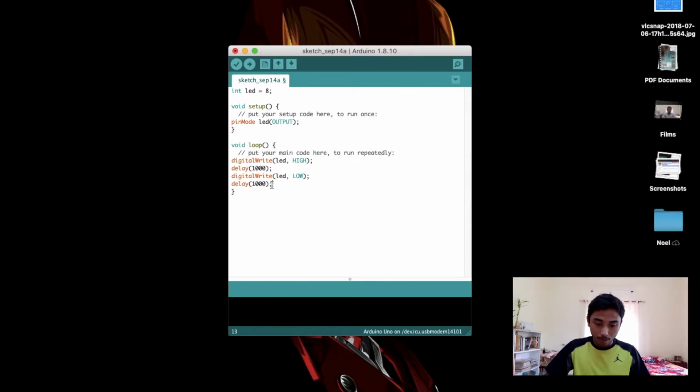So now it will again come back here, and it will again turn on the LED for 1 second, and then turn off the LED for 1 second. Then it will again come up, turn on the LED for 1 second, turn off the LED for another second, and this keeps on repeating. So that is what the void loop means in a program. So in the end, we have completed the first basic program of the Arduino project, the blinking LED project.